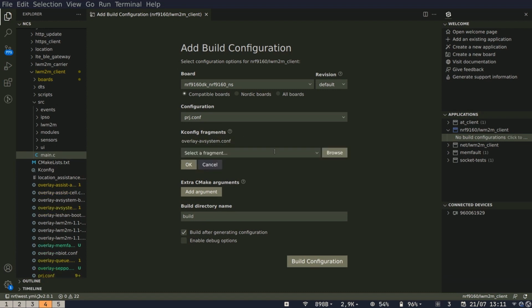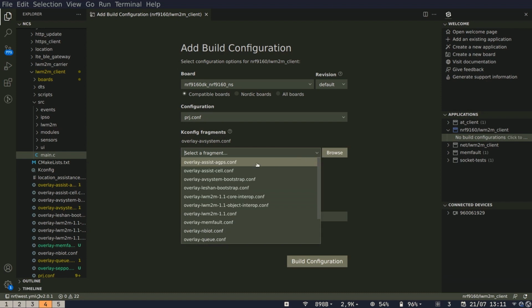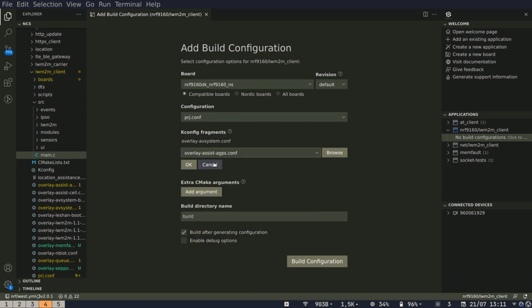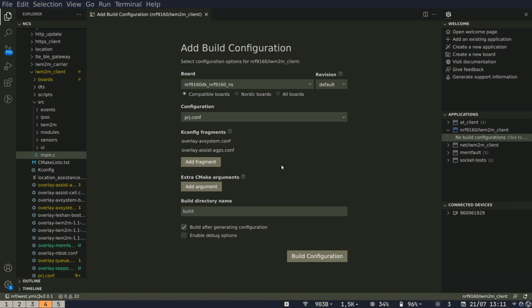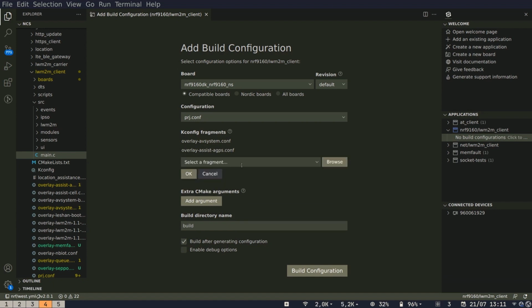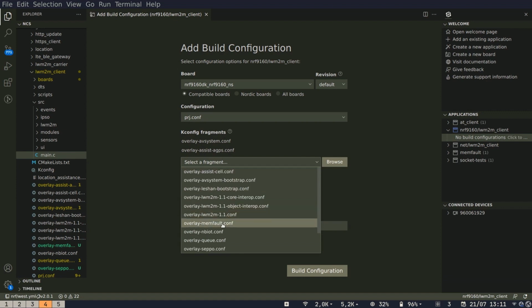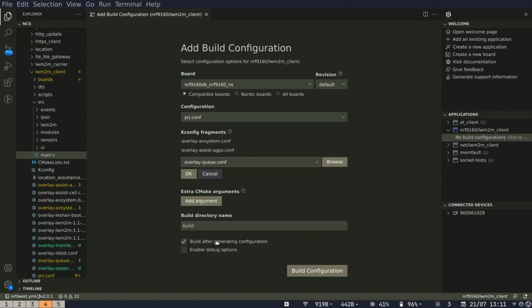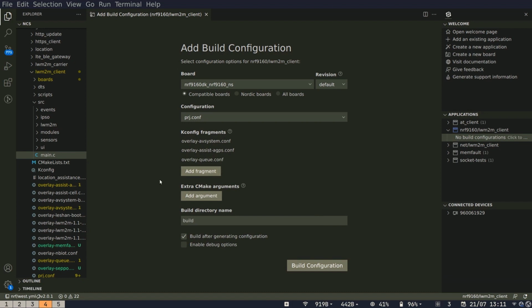Then we use the assist HCBS, and then we use one more fragment here. We use the queue mode. So